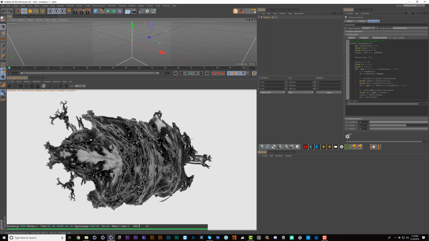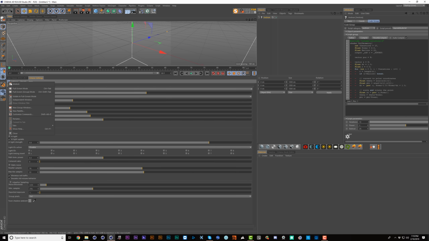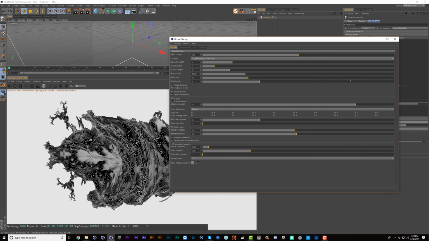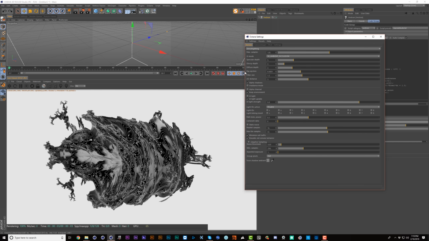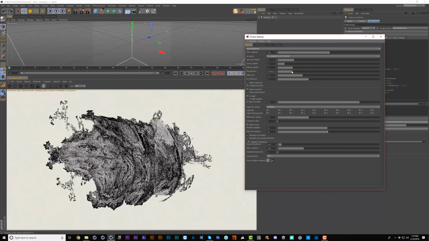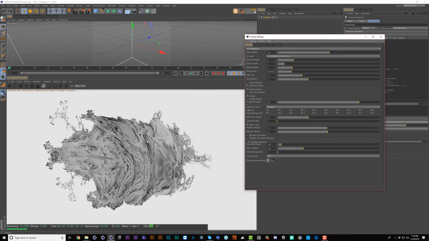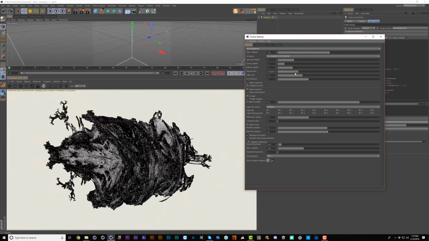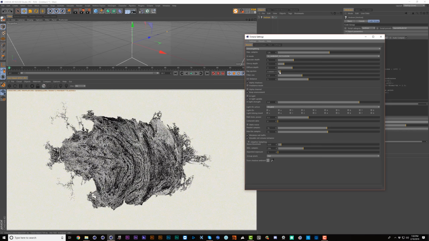Now, looking at these weird ring structures here, this is something that I feel like I've seen before, and it made me think of ray epsilon. So if we come over here, and I'm going to undock my settings so we can take a look at both at once. And if we come over to ray epsilon and start messing around with this, sure enough, this dramatically changes the look of our fractal. So if we come this way, we lose detail, and if we come to the left, we gain detail, but it becomes much more intensive to